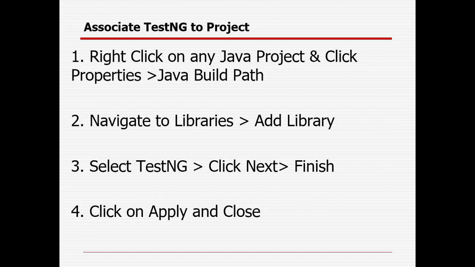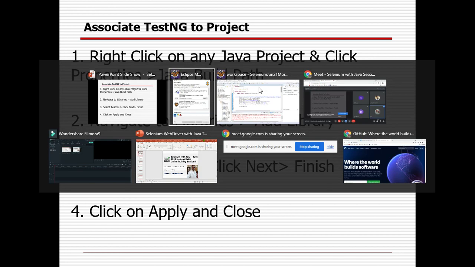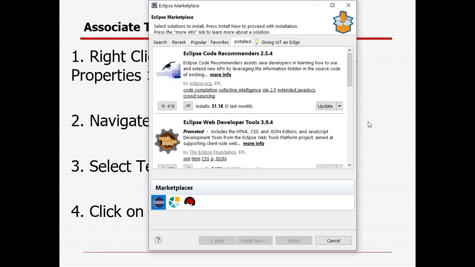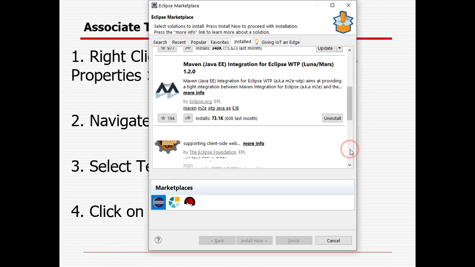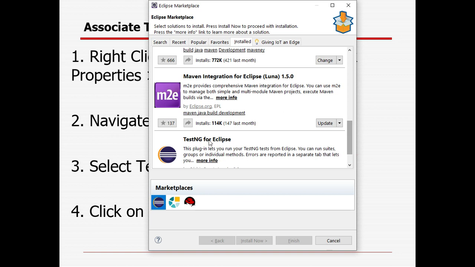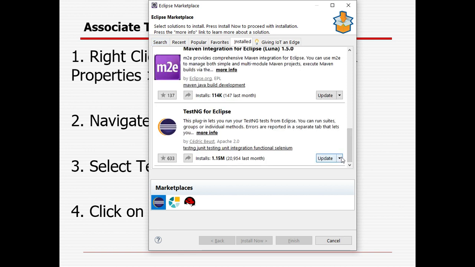Instead, we will add everything as a dependency in the pom.xml file. But let's try to cover it here. If you search for TestNG, you can find TestNG for Eclipse is already installed on my system. You need to search here and install it. It is already installed, that is the reason you can see that option coming here. So let's cancel it.